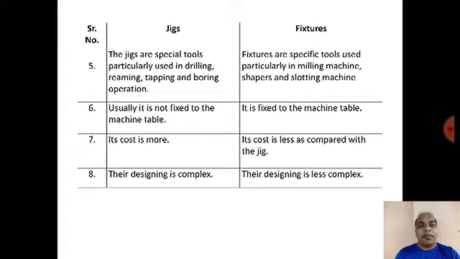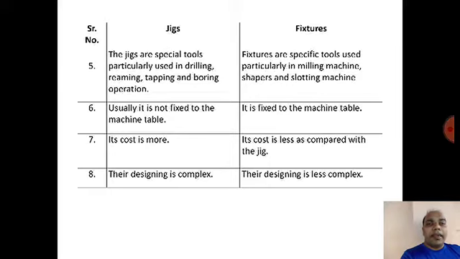Jig cost is more because there are a number of components incorporated into the jig. That may be a number of bushes, supporting pins, adhering pins, attaching components, etc. Whereas fixtures, as they are not going to guide the tool, do not require guiding elements at all, which were required in the jig. And in a fixture only location and positioning is required, therefore the cost is less as compared with the jig.